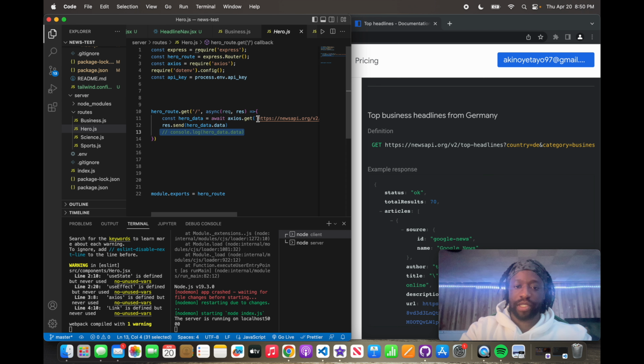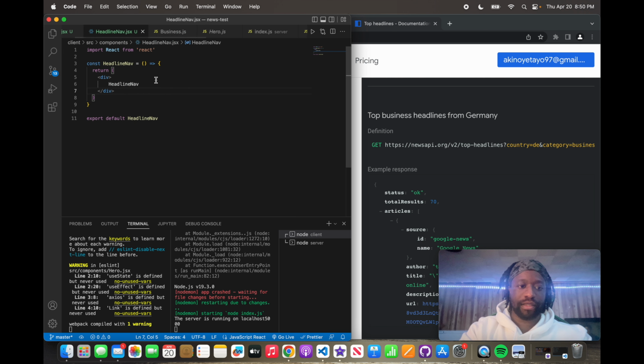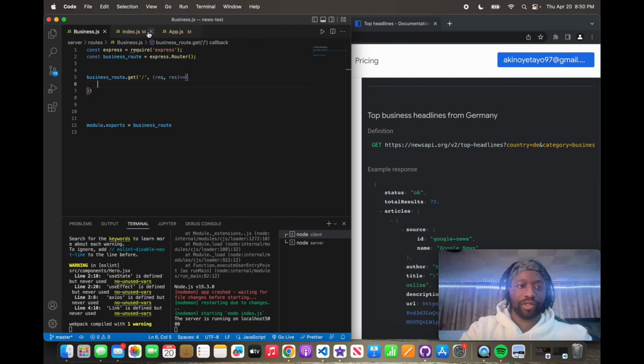So what I'm going to do is copy this, right? Come back to headlines. I have way too many of these open. Let me just close out of all this. We'll just use the one we need so far. Okay, so we come back to business route, and we're gonna make our own variable and say business data is equal to await, but remember this is an asynchronous function, async, await axios.get,